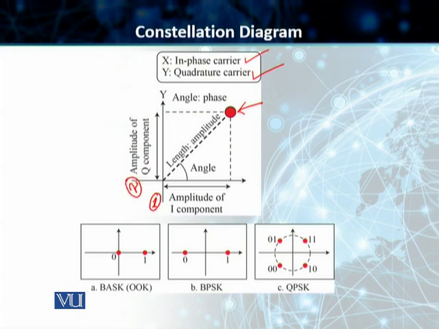That is number 2. Students, the line from the origin to the signal element, or the length of this line, gives us the peak amplitude of that signal element. So that's number 3. And students, the angle that this line makes with the x-axis gives us the phase